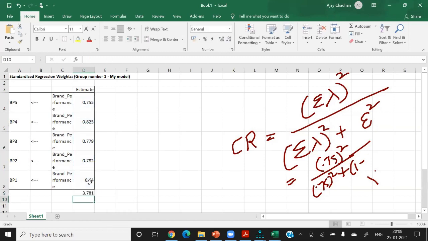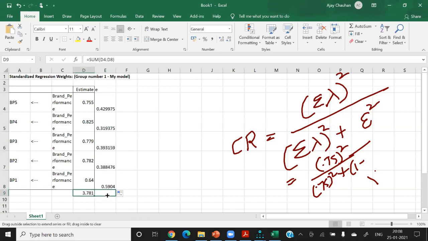Now you calculate the error term. Error term is equal to 1 minus this square. So these are the error terms. E is 1 minus this square, and let's take the sum of it.